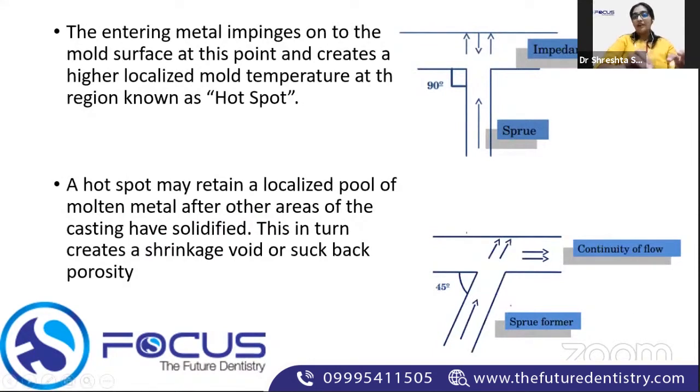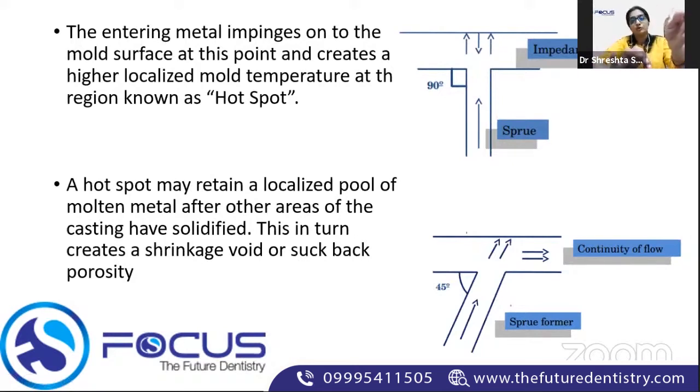Now, when you have a sprue which is attached at 90 degrees, what really happens is that you have the entering metal which impinges on the mold at this point. This creates a higher localized mold temperature, and that is why this is called a hotspot. So it comes at a very high temperature. It's going to hit here. The temperature is going to increase, and there you create a hotspot where it is going to crack,